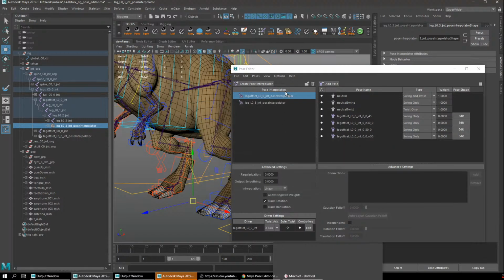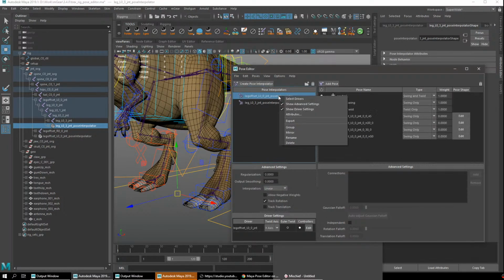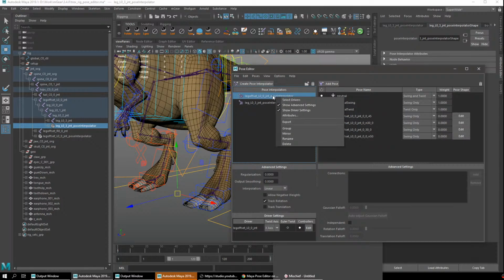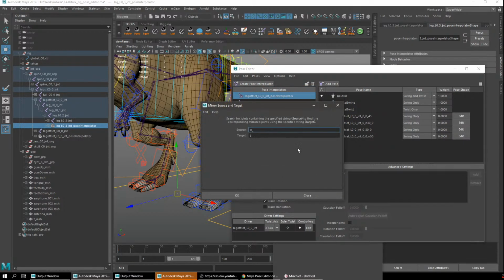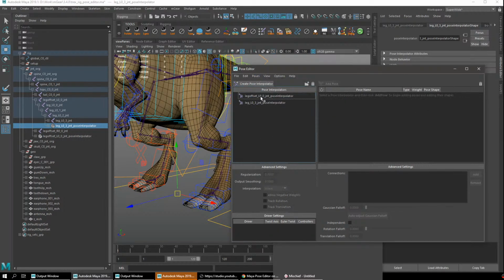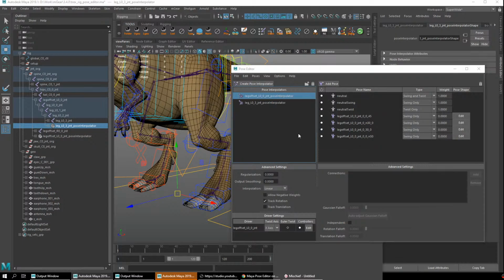And the moment you hit apply, oh, wait, did it do it? Okay, let's do it with right click in here, mirror. Yeah, sorry, this is not the same. This is on the poses. I'm stupid, it's mirroring the poses of the target. If you want to mirror the node itself, you do it on the node, right click, mirror, and then